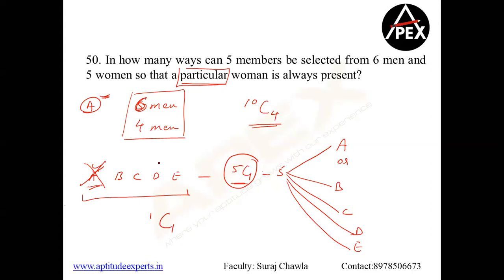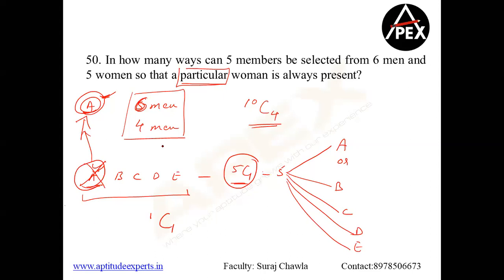Are you getting the point here? So that 5C1 will not come. A is definitely present. I want a committee of 5, and out of that A will definitely be there. If A is definitely there, how many people do I need? I need only 4 more people, with no condition. I do not know why somebody did 11C5 minus 6C5 and so on. There is no more condition. The only condition is that a particular woman has to be present, that means A has to be present. So A is in the group. If A is in the group, how many more people are there?